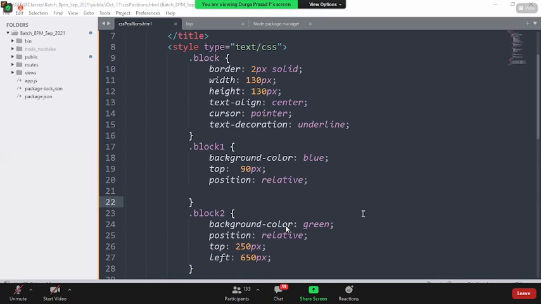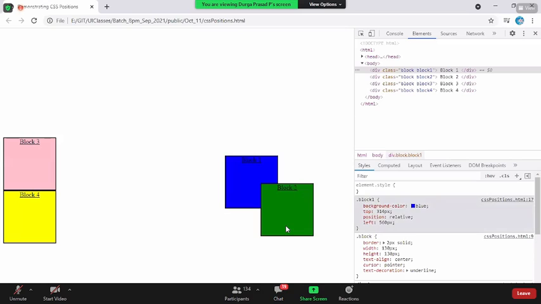Any more questions? Go ahead, Sachin. Sir, can we do the float assignment using this relative, sir? Obviously. But you know, the problem is you can make use of the floating property using these positions. Yes, you can make multiple elements fall under the same line, without using the top property, left property and all.